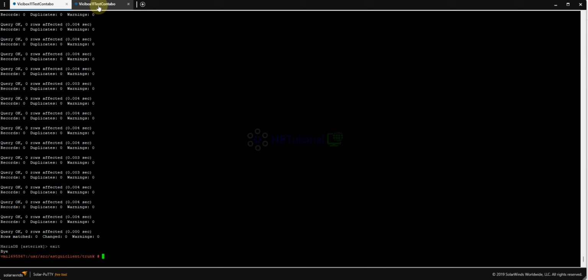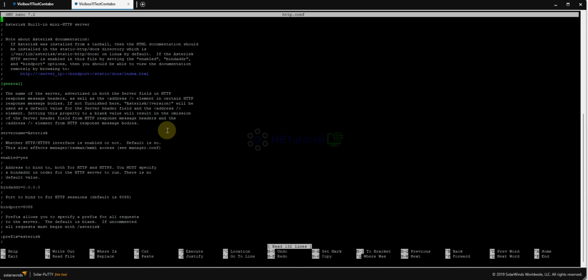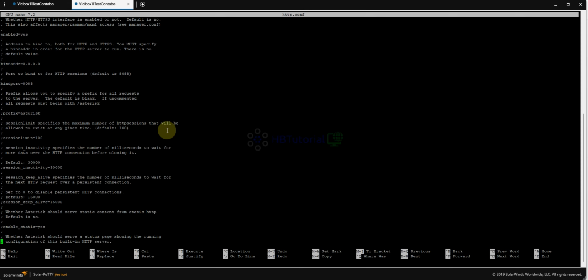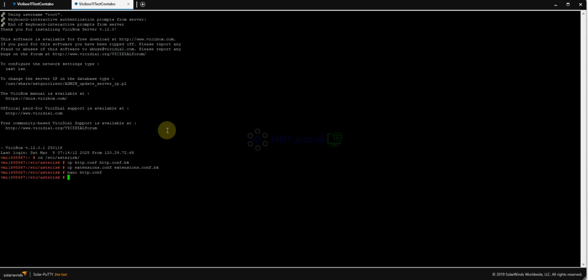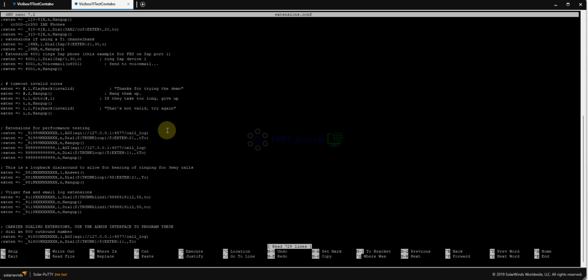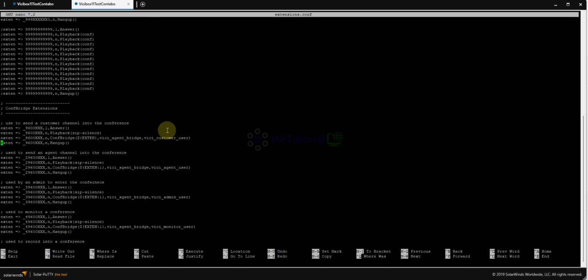Now I need to double check if my http.conf has changed. As you can see, still enabled, no changes. How about the extensions.conf? Because we have some updates here. Yes, it's still there, the conference bridge settings.